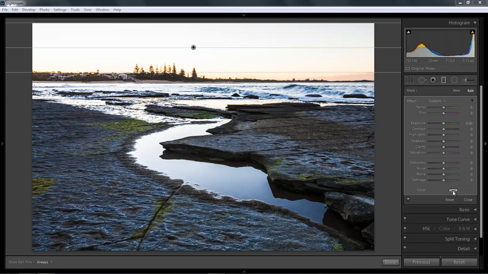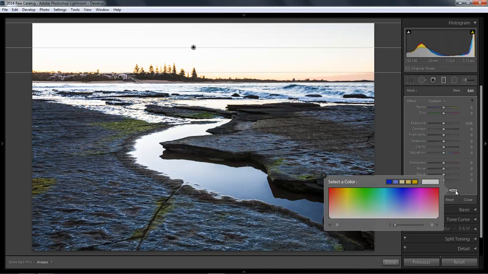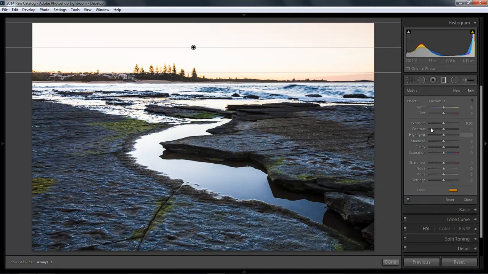I'm going to click this little tiny icon and a color panel appears, and it's pointing at that panel, so it's saying choose a color. Now I don't think it matters too much, so I'll choose something pretty bold, and there we have a nice bright orange. What I'm able to do here then is to apply a graduated filter starting with orange. Let's shut that down there, and the orange will remain. So if I go to my exposure,